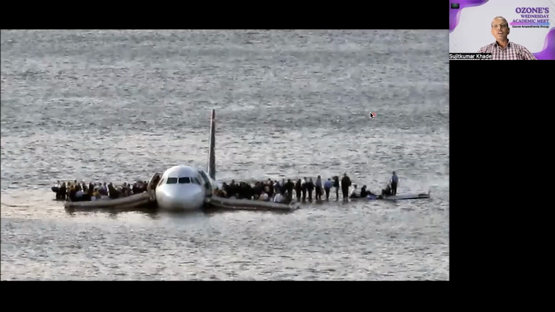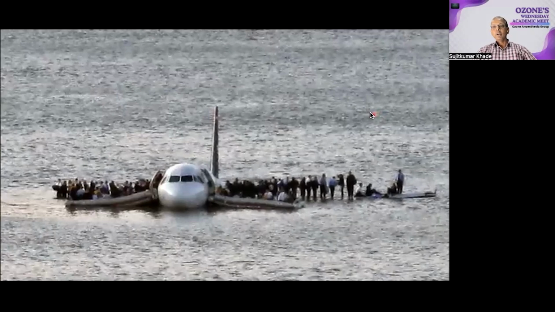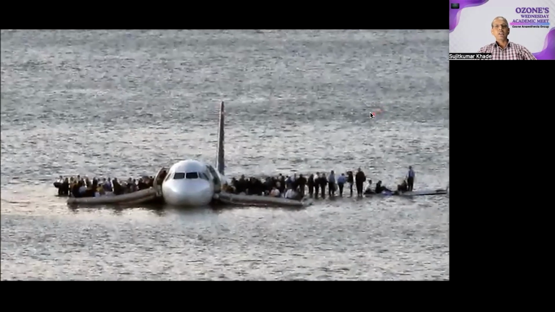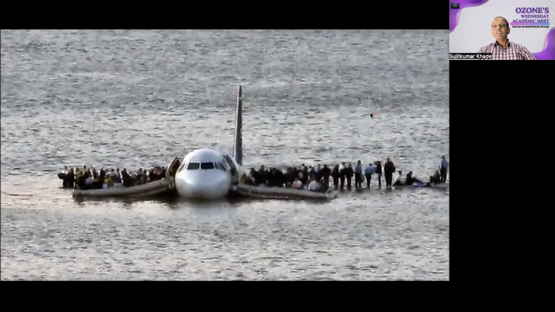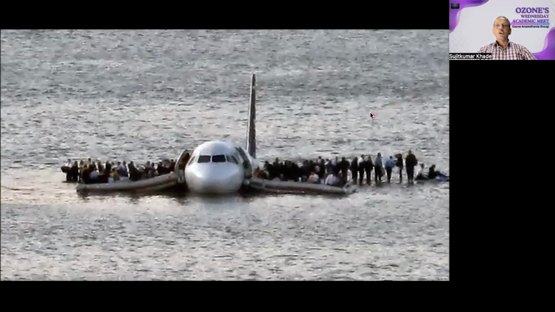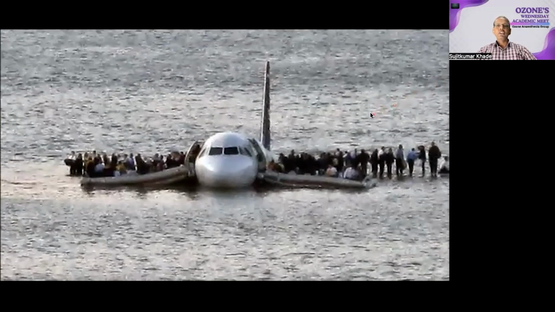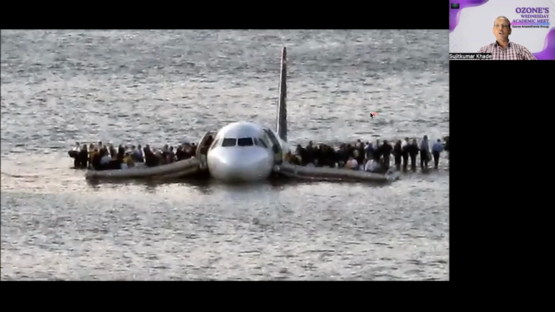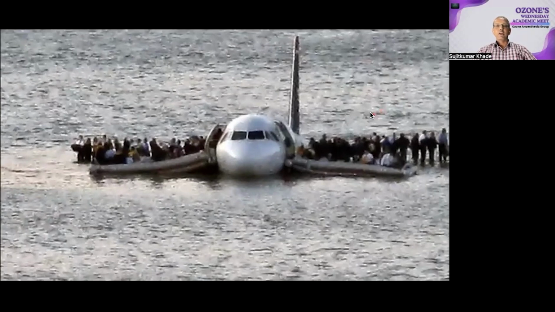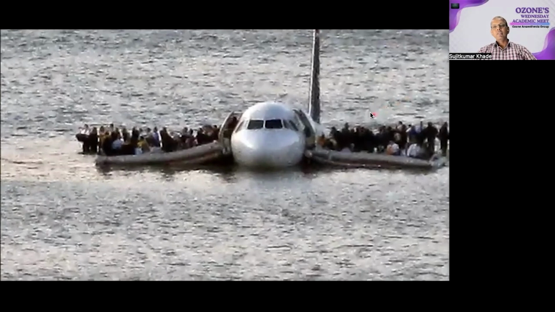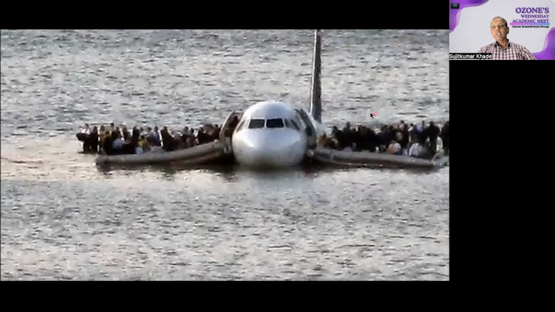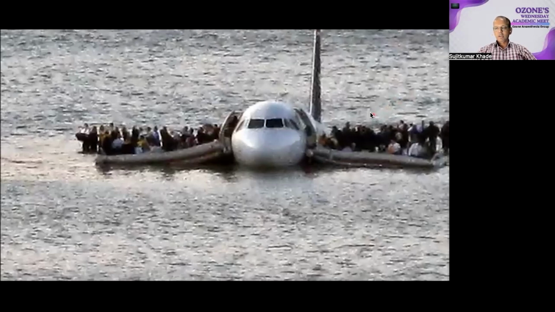This is a famous picture of a ditching event, which became known as the Miracle on the Hudson. What was the event? It was a successful emergency water landing after the plane's engines were disabled by a flock of birds shortly after takeoff from the airport. And the captain of US Airways Flight 1549, Mr. Chesley Sullenberger, became famous for his extraordinary skill in landing on the Hudson River on January 15, 2009.